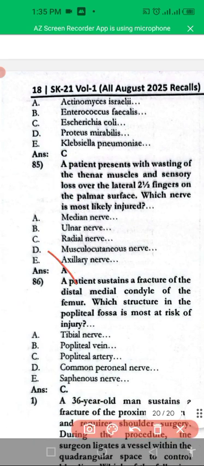Next is: the patient sustained a fracture of the distal medial condyle of the femur. Which structure in the popliteal fossa is most likely at risk with the fracture of the medial condyle? That is the popliteal artery. Popliteal artery can be damaged in medial condyle damage of the femur. Next one is